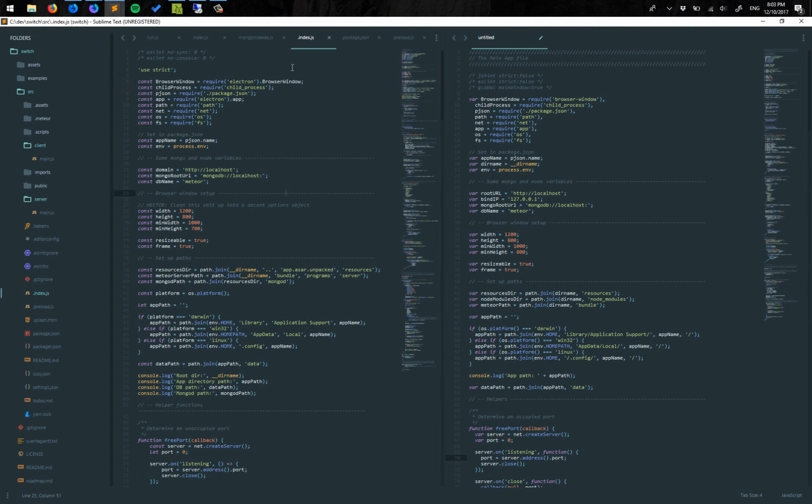This one is a bit more complex, but basically it requires Electron. Again, we need to start some child processes. We need the package.json because we are obtaining some configuration from there. And then path, net, this is OS, operating system, FS, file system, because we need some files from the file system. The only thing that we're using from the package.json is the name, so we don't even need this variable,